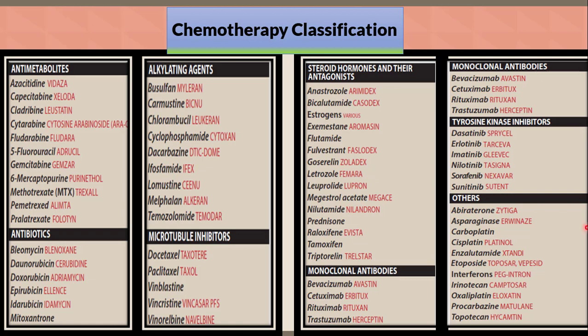Others such as abiraterone, asparaginase, carboplatin, cisplatin,